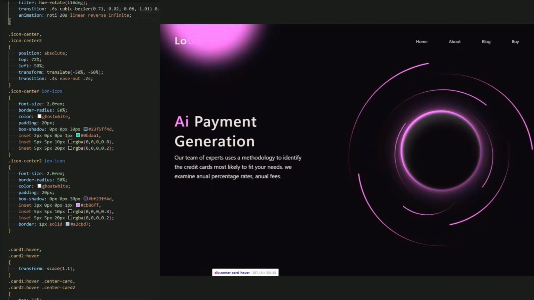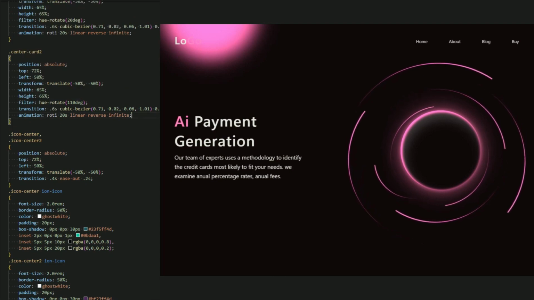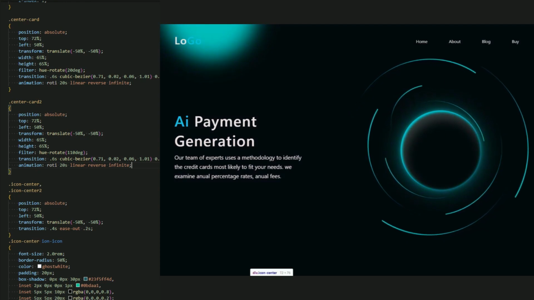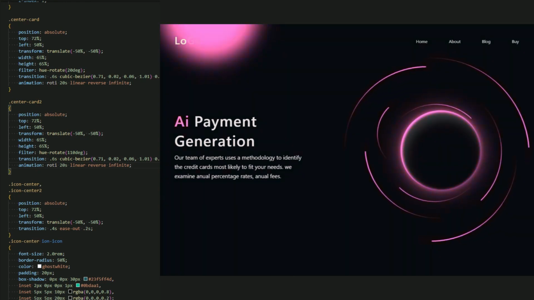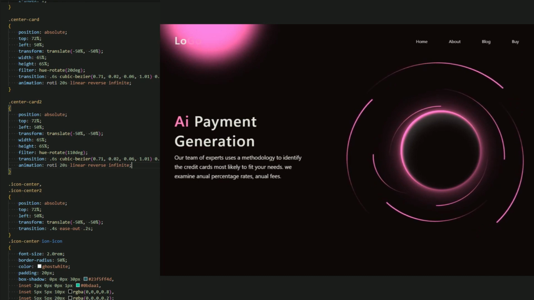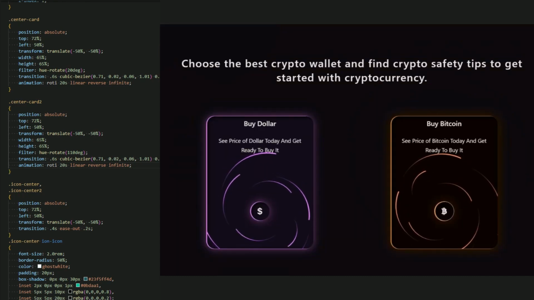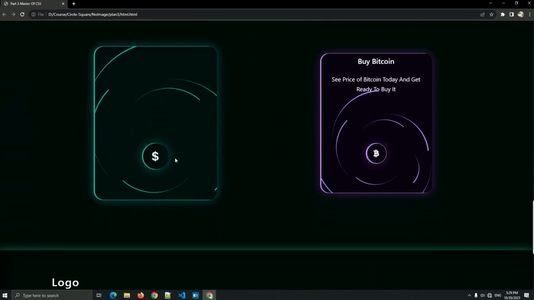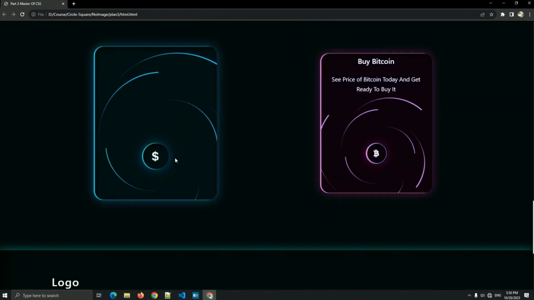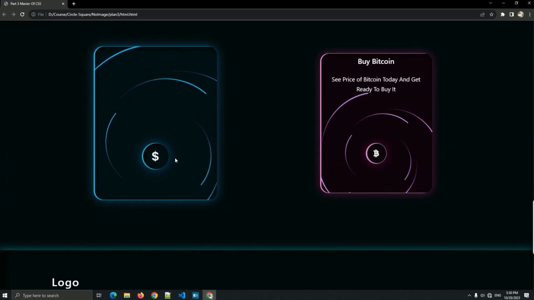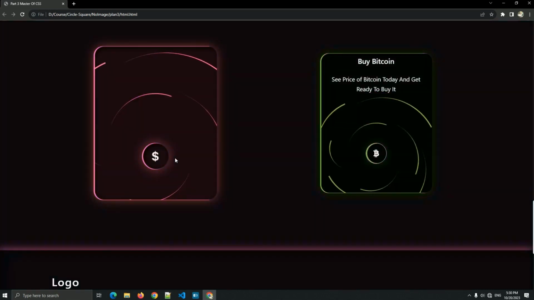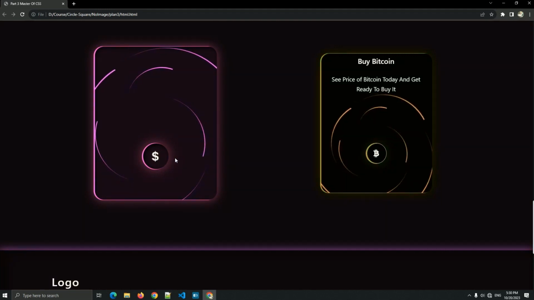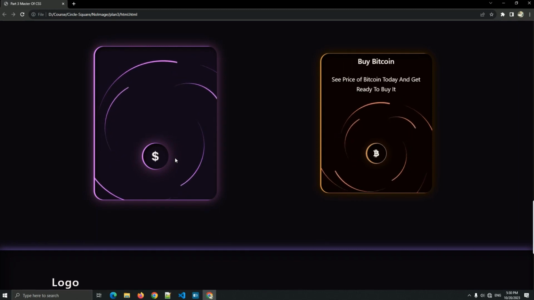Okay, now we don't have any problem when I use this animation. But as I said in part 1, whenever a user adds the animation inside the hover, we get a bad problem. So let me show you what I mean. Let me see the website right now. As you can see, the animation is good, fine. But let's say I want this animation to be faster on hover. For example, if it's 20 seconds, I want it to be 5 seconds, so the animation starts faster and gives a nice effect.